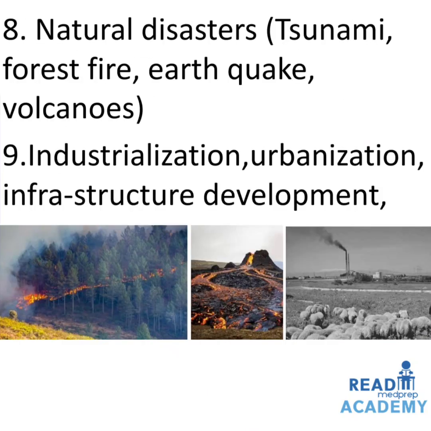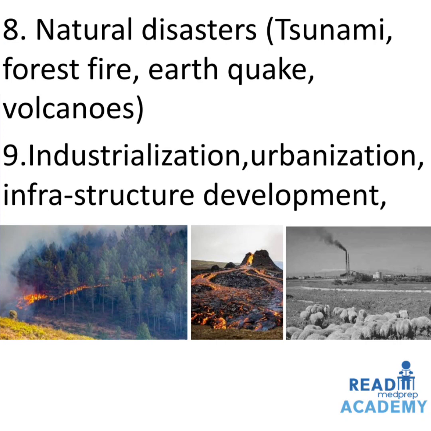Natural disasters like tsunami, forest fires, earthquakes, volcanoes. You can see in the image on the left side the forest fires destroying a large amount of area. In the middle image you can see the volcanoes erupting and discharging hot lava. On the right side you can see industrialization, urbanization and infrastructure development have caused the animals to lose their